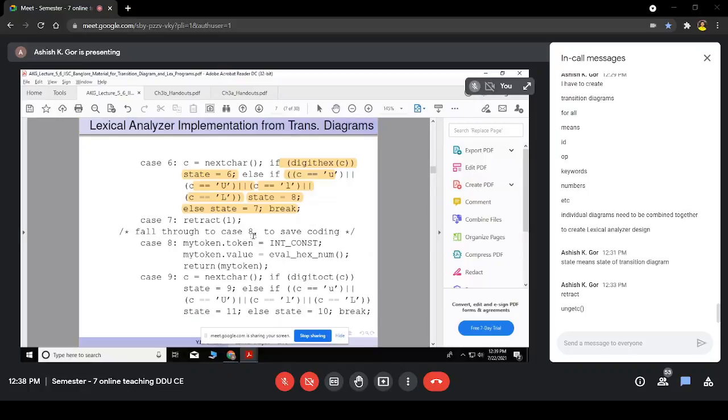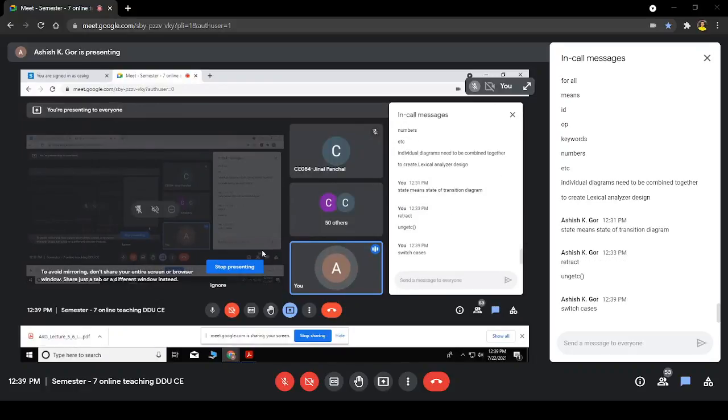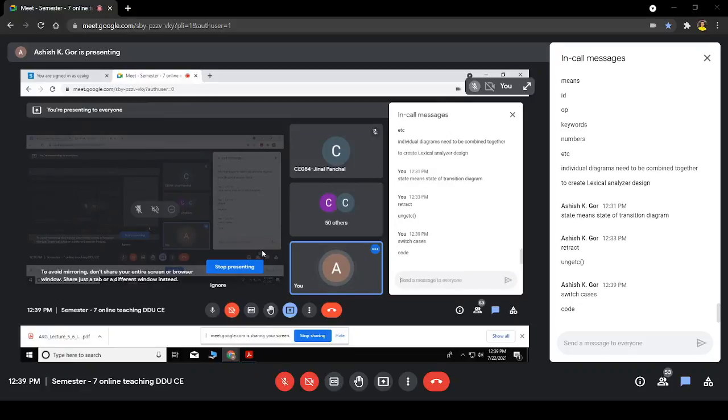So what I wanted to say is that from the transition diagram, you can create code using switch cases, and by following the switch cases, you can create the entire code. Definitely there will be a while loop kind of thing, and you continue in this loop until the program has input. But you have to somehow implement these states and transitions into C code or some kind of code. Am I saying true or not?